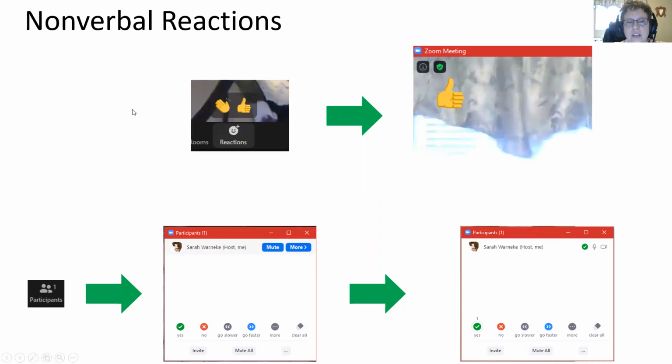Nonverbal reactions can be beneficial for your classes as well. There are two different ways to access nonverbal reactions. One is by clicking the reactions button on your navigation bar at the bottom of the screen. That gives you two options, a thumbs up and a clapping icon. If you click on one of these, that same image will appear in the upper left corner of your individual